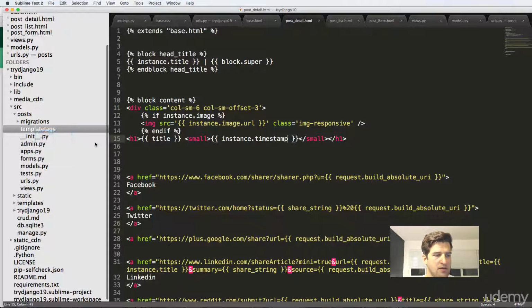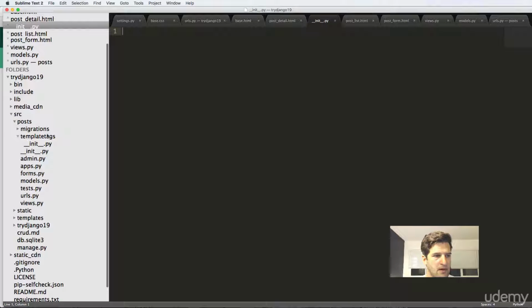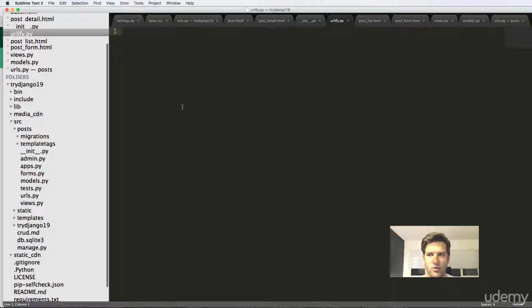And we're going to make it a Python module with init in here. And then we're going to name the filter the same name as the file. So I'm going to call this urlfi.py. And we're going to import a few things. So from urllib, import quote_plus. And then from django, import template. It's going to be lowercase template. And then register equals to